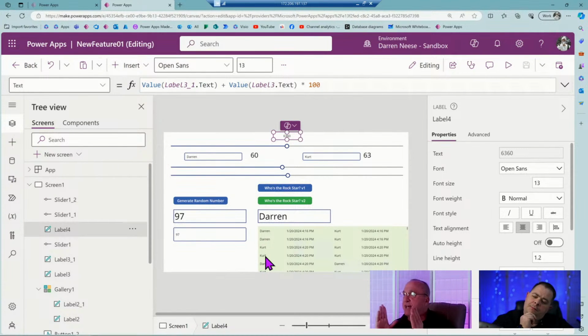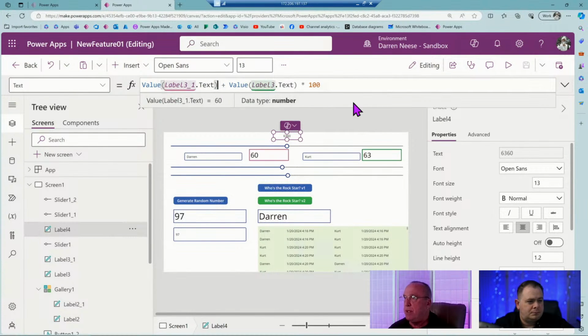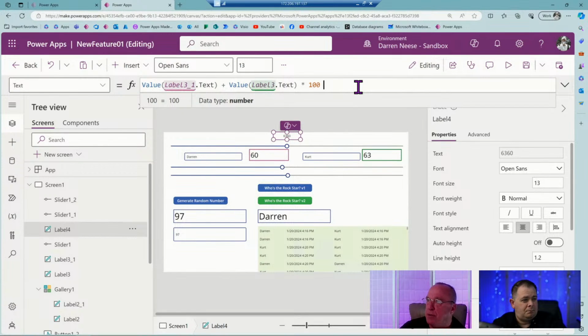If it's the right side, you're going to say 100 minus 37. And if it was 63 on the left side, you would want 0 plus 37. Does that make sense?